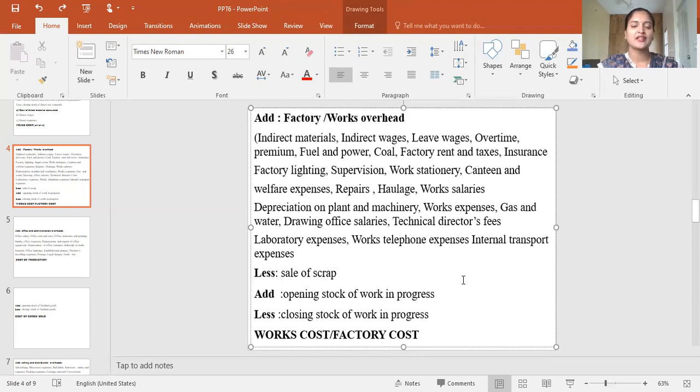So that is what we call an opening stock of work in progress. If it is given in the problem, that should be added. And for that, you have to deduct the closing stock of work in progress. If any closing stock of work in progress is given in the problem, that should be deducted. So then you are going to get works cost or factory cost. As I told you in the beginning, you are going to get works cost, or even the name